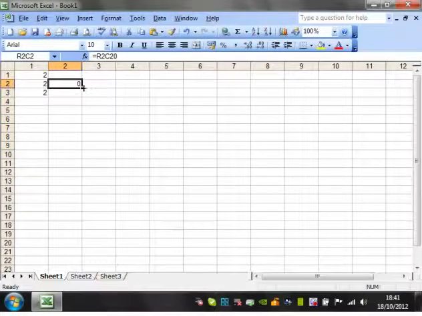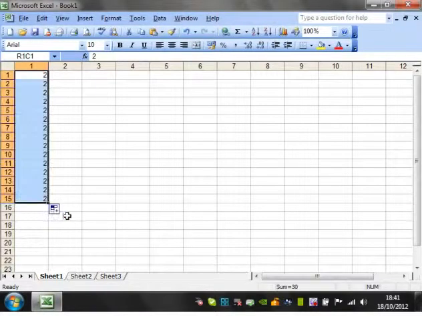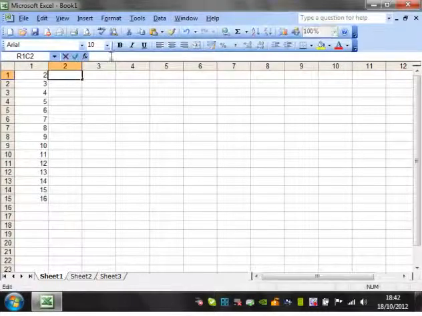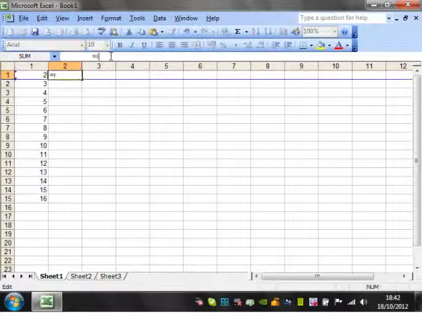Quite often we want it to reference a cell in relation to the cell we're in. So let's say we want to fill that series down there, and we want this cell to reference that cell, but then when we drag the formula down, we want it to be relative, so it will go into the cell next to it. So we're going to put equals row, and